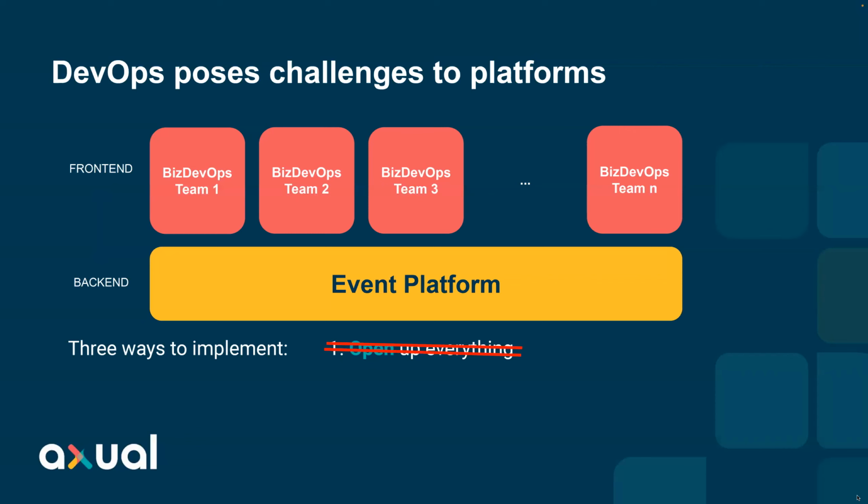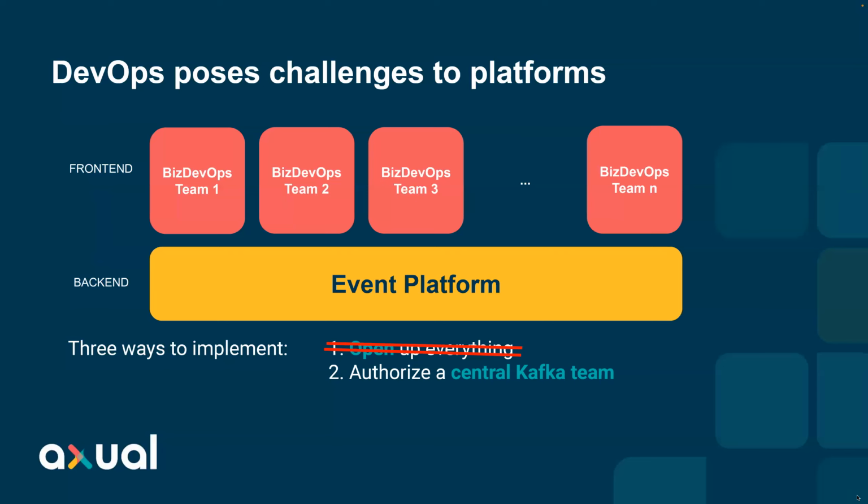Of course, nowadays, this is not possible anymore. There are so many data regulations, GDPR compliance, things that you have to take care of, that implementing it as a free-for-all on an enterprise scale is not an option anymore. Another way to implement this is to basically put a central Kafka team in place, which then gets all the authority to configure Kafka in just the right way, to enable all the use cases, and to make sure that no strange things happen to the data that is transported through the event platform. We actually used to be one of these teams when we were still with some of our customers on-prem.